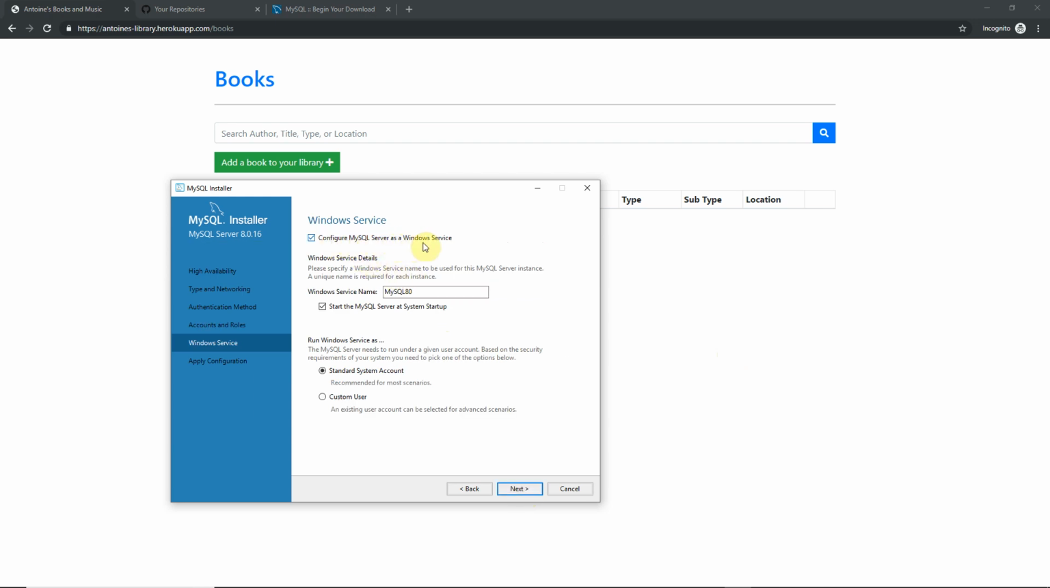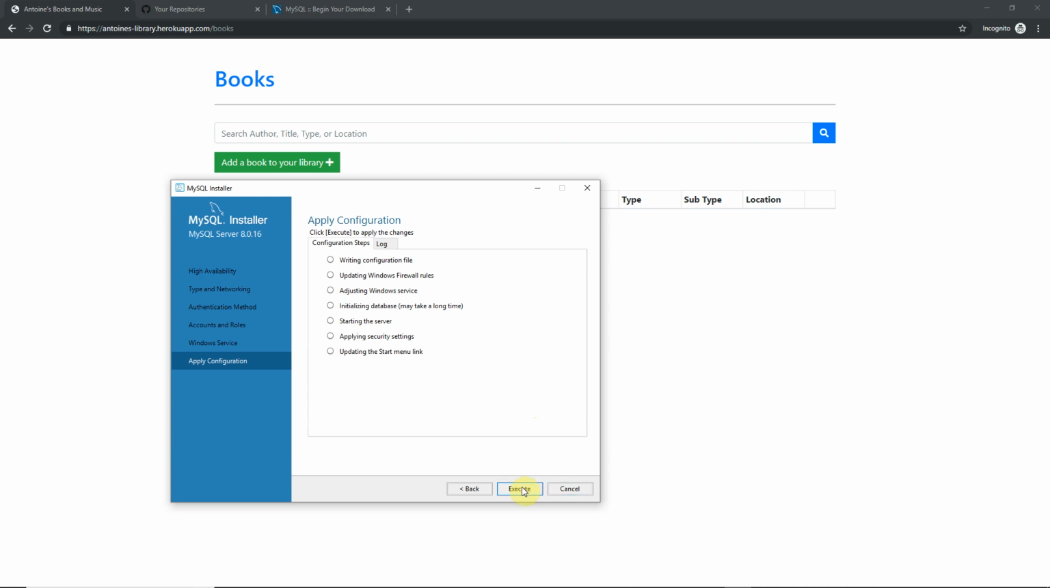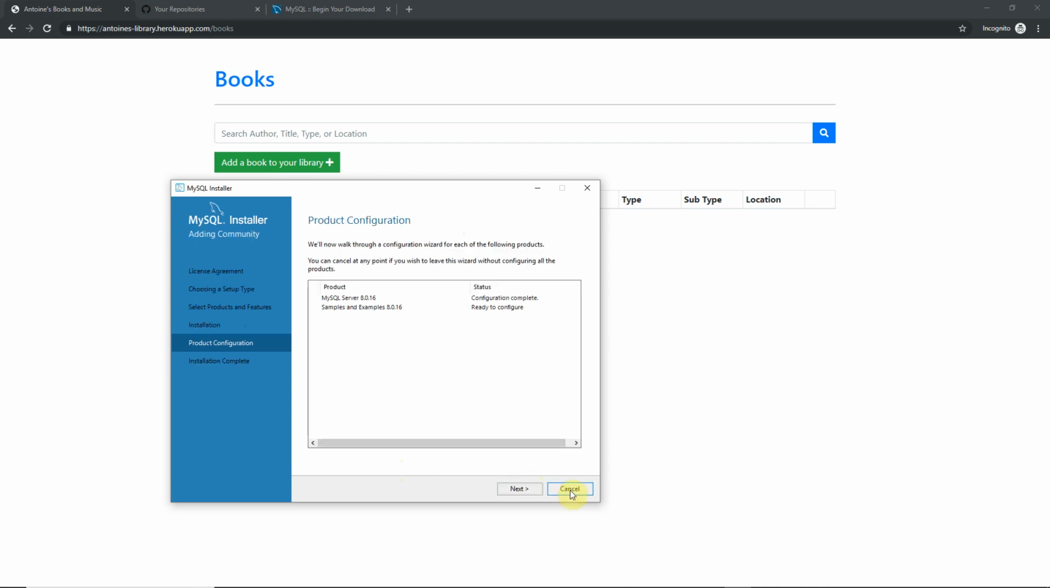Configure MySQL Server as a Windows service. Yep. Start the server at system startup. I'm okay with that. Standard. Yep. So you can leave all that the same. Click next and then go ahead and execute. This is going to go ahead and get MySQL Server initialized on your computer. Okay. Click finish and then go ahead and